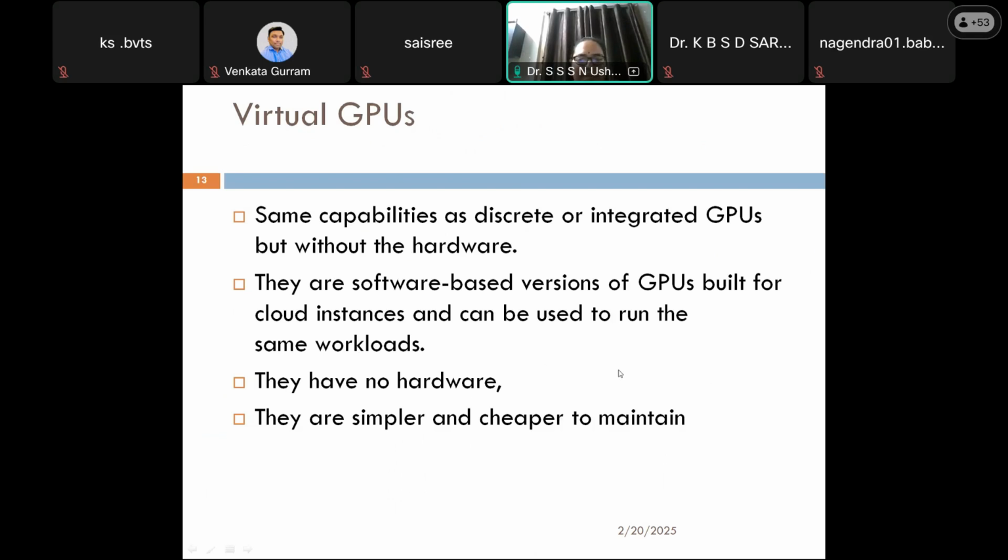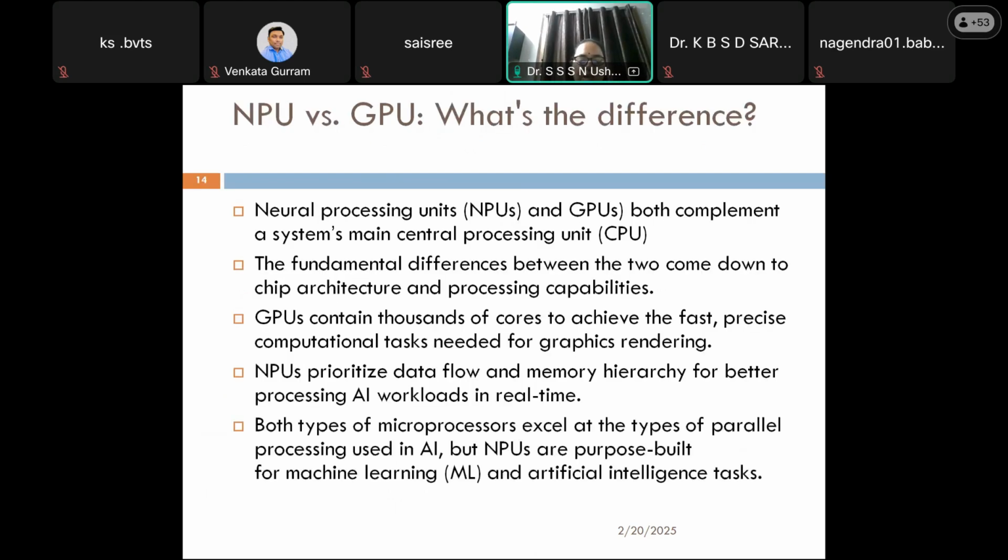They are simpler, cheaper, and easy to maintain, meaning we purchase that GPU for a certain amount of time by explaining the workload and how many days we are going to work with it. For example, Google Colab is offering one GPU node. In this session, I would like to share how to set the GPU and how to use the Google Colab GPU.